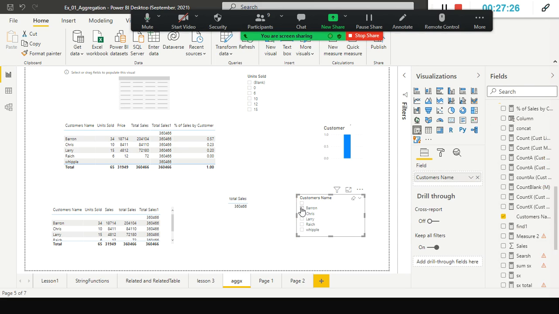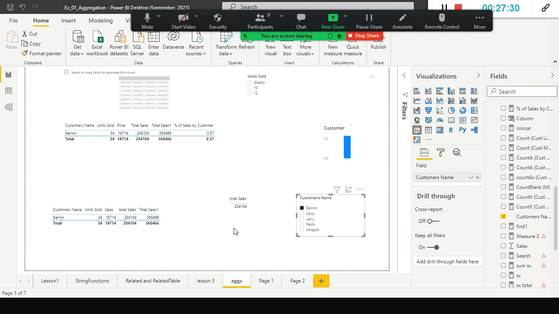If I select Baron, this customer, I am applying an external filter on this table. No matter whether it's the external filter or internal filter, this is the internal filter earlier, right? The total sales is not getting changed.